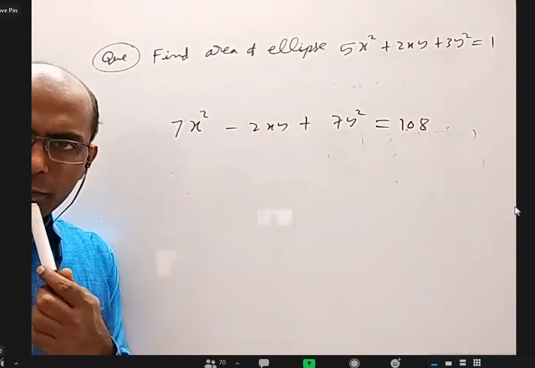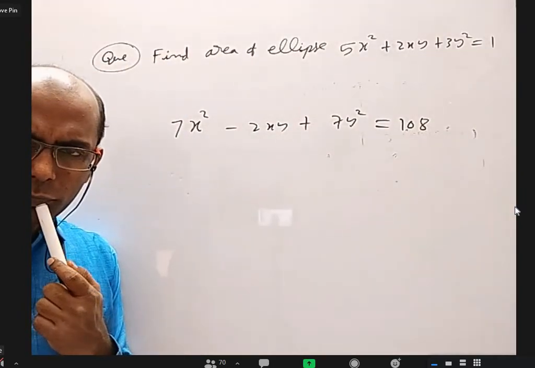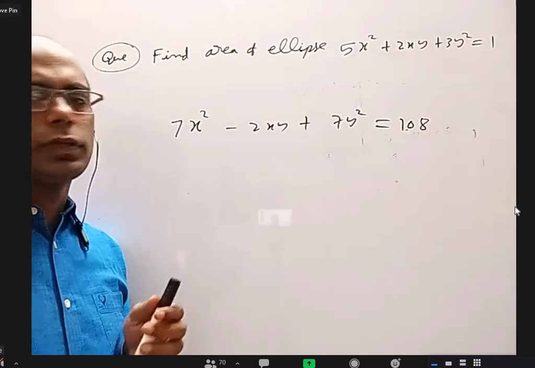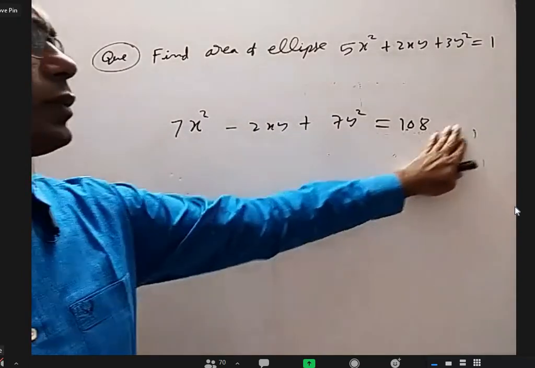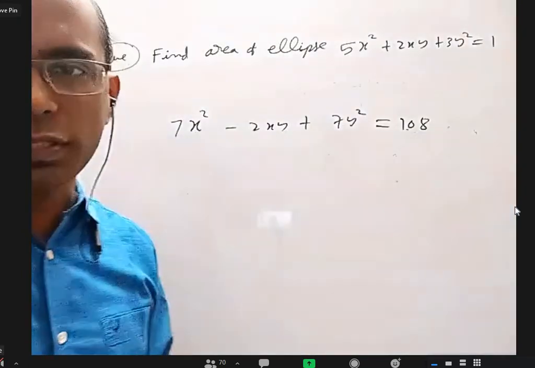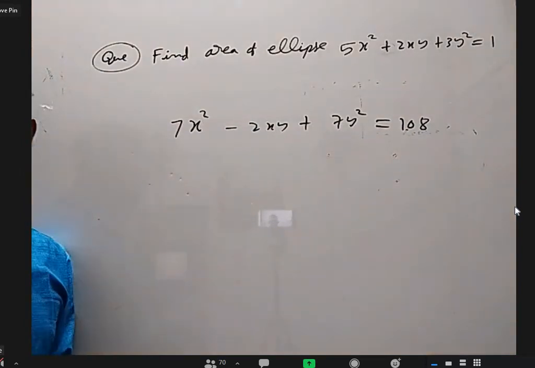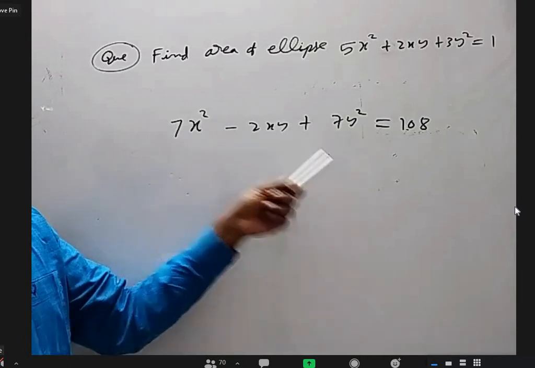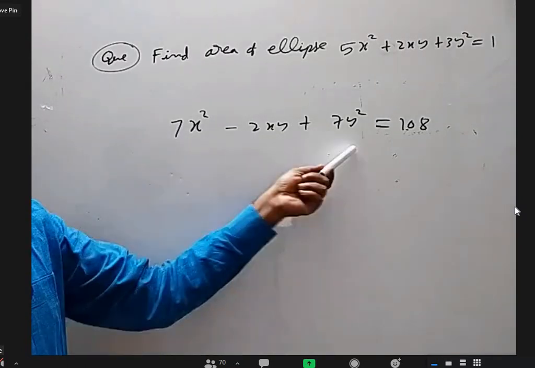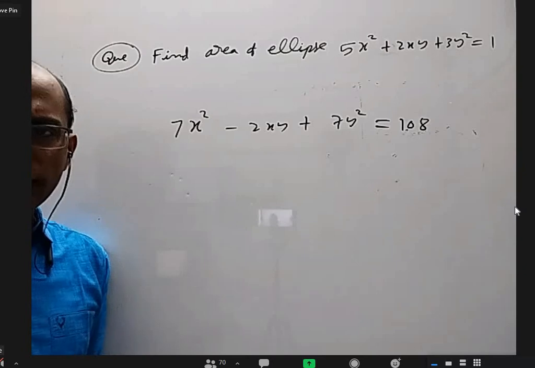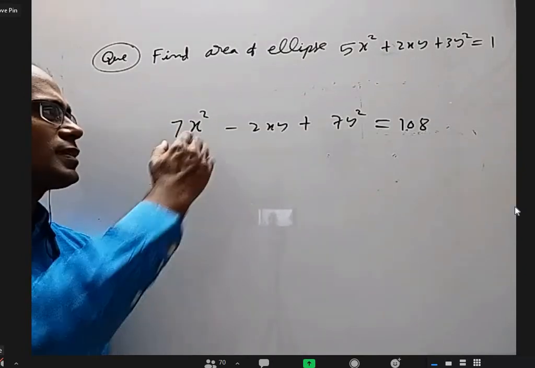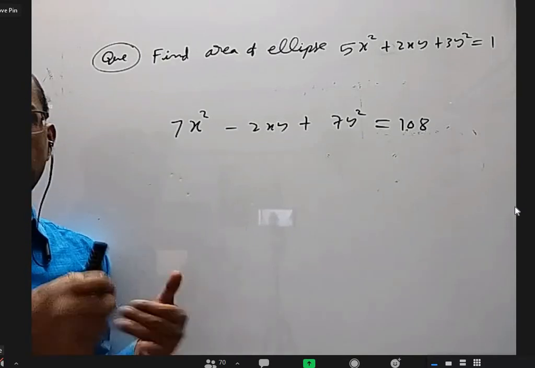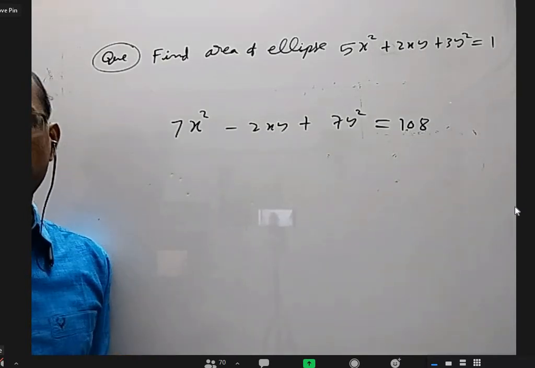Sir, in this equation, if coefficient of x square equals coefficient of y square, then also we can say that? Yeah, we can say that, especially because here x term and y term are not there. If x and y terms are there, you cannot say that. It is not about coefficient of x square or y square being the same. It is about replacing x with y, y with x. This is not changing. If these two also don't change, then it is not changing. That is the logic. It translated here as x square, y square coefficients are equal. It is right, but the explanation is more in the way of xy being replaced with yx.